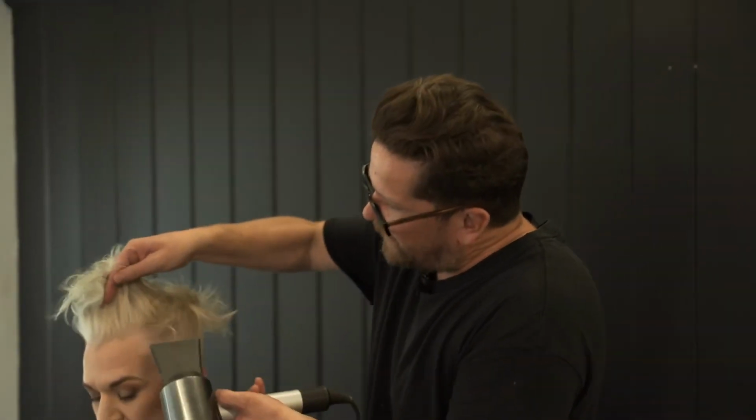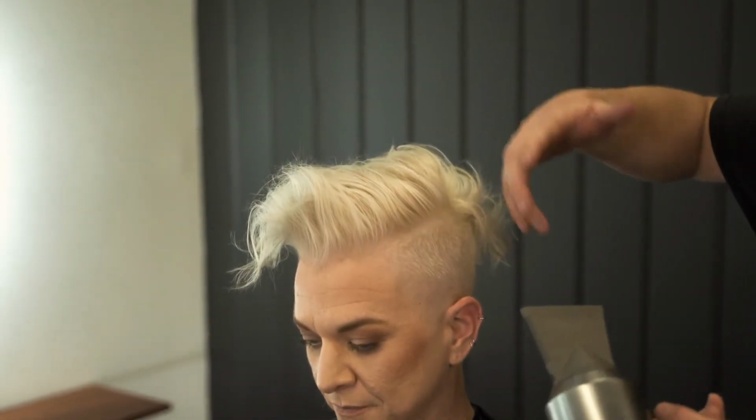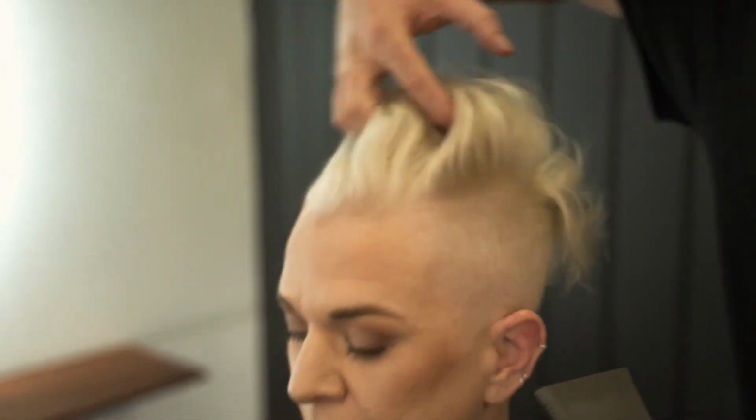What I'm doing now is lifting the hair up. So, blow dryer on, nice and close to the hair, and lifting it up, using my fingers quite firmly in the hair. I don't want to use too much of a brush on this. I might do some to control the ends, but I really want to get lots of lift there so it